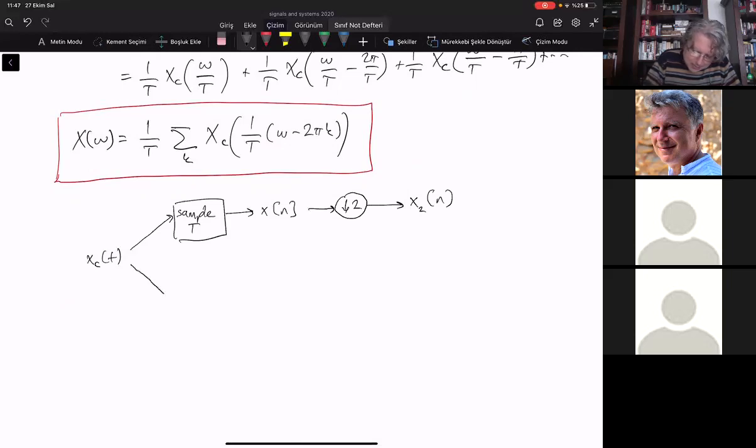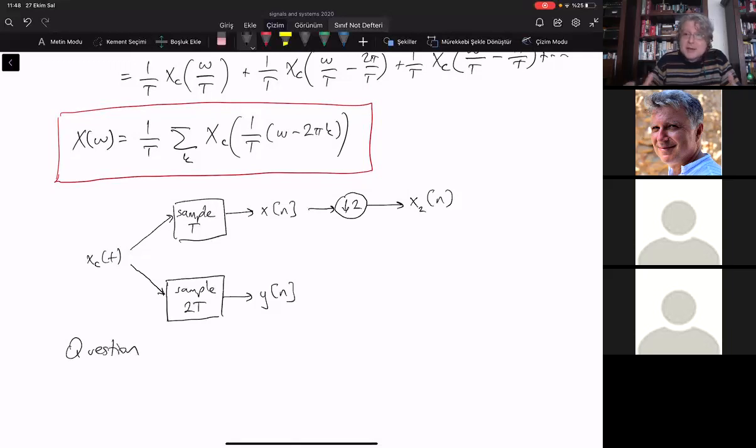And you do a different operation this time to the same x sub c of t, and then you sample with 2 capital T, and you come up with y of n, a different signal. So your question is,